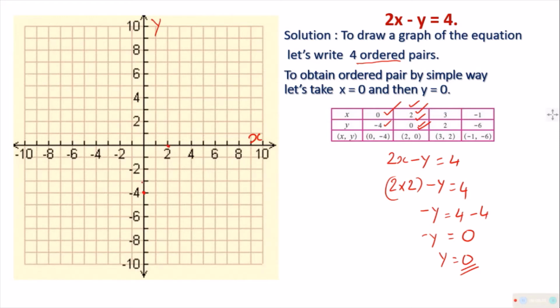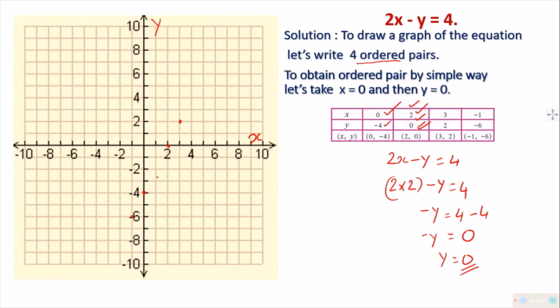Understood? Then you will be going to x-axis 3 and y-axis 2. So you will go up, since y is upward, and you will be putting the point here. Then x-axis -1 and y-axis -6. You have to go to the left side for -1, and -6 on the y-axis comes down. So it will be here. So you got 4 points with respect to the ordered pairs given.